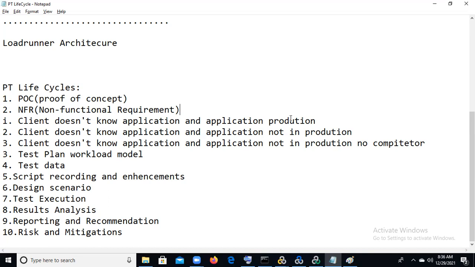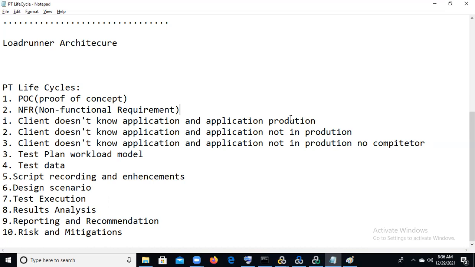Try to identify the top 5 usage days from there: how many visitors are accessing the application, how many page views are happening, and which pages the users access most. We need to take all these details using the site analytical tool or Splunk tool.